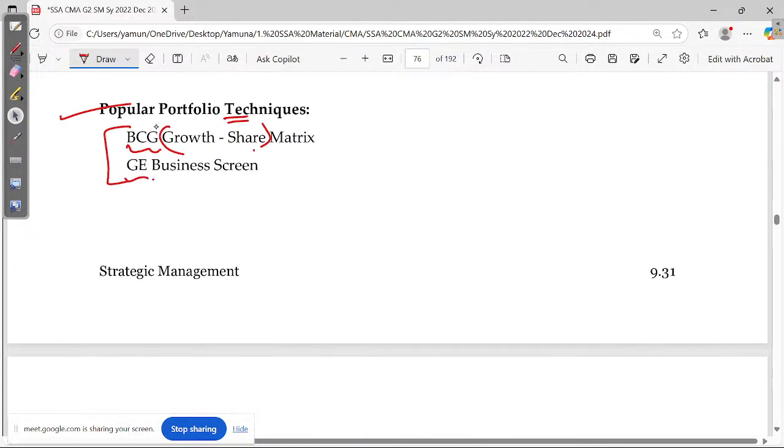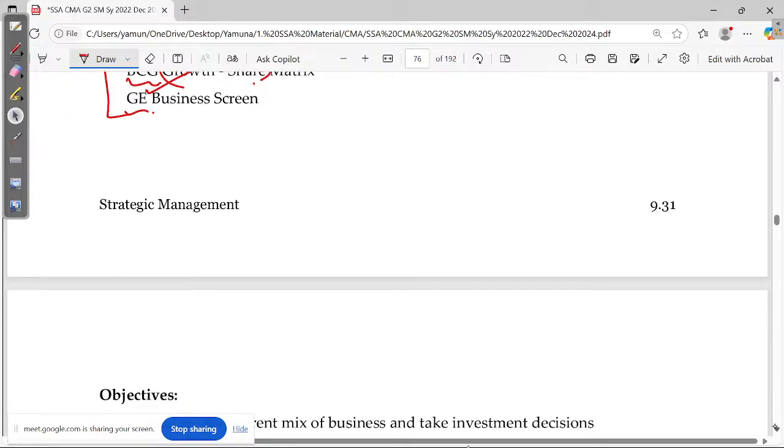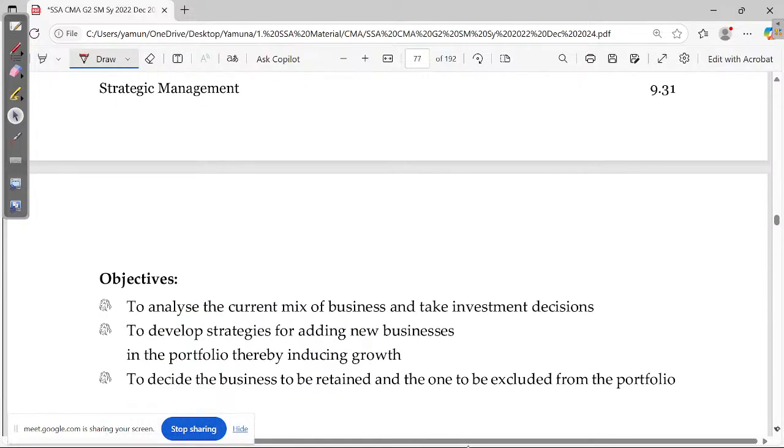So actually we have these two: the BCG matrix and another one is the GE matrix. GE matrix is what you call the stoplight matrix, or traffic light matrix. We just have some wordings on that. In case you are asked to write about portfolio analysis, you might know something about BCG because we have that in the syllabus. But in addition, for the GE matrix, you can add a few lines.